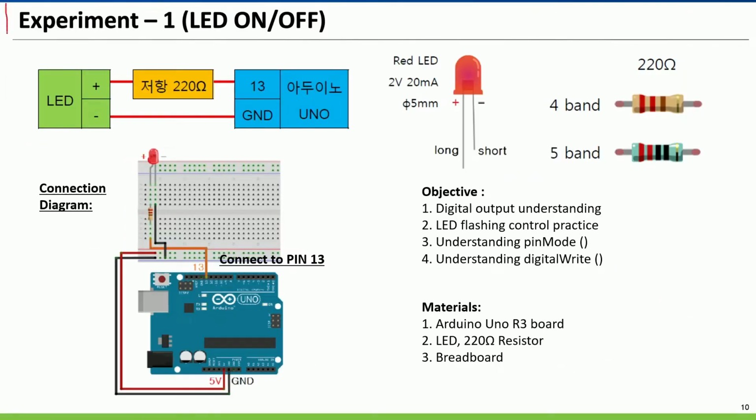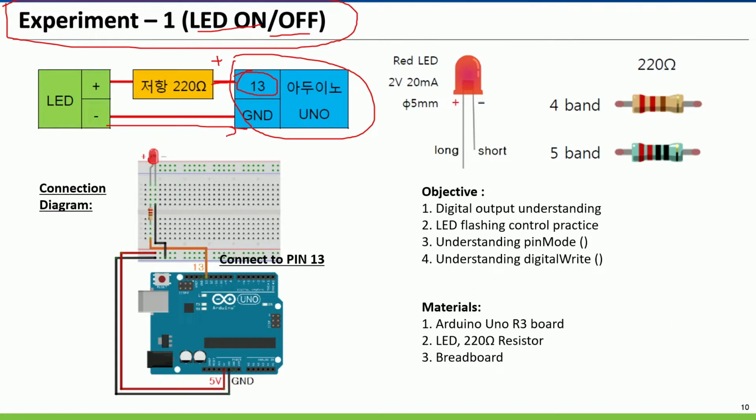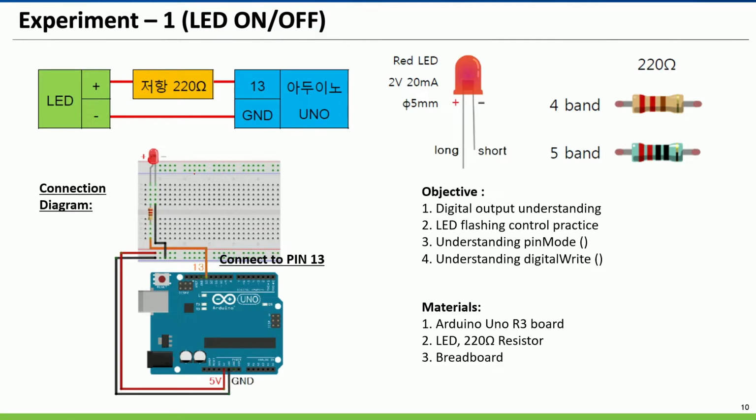And let's begin experiment 1. LED experiment 1 is just LED on and off. And this one is the LED, and this blue one is the Arduino. Connect to pin port 13, and you connect the positive part of the LED with the 220 resistor, and this other one, the ground, just connect to the ground of the Arduino Uno. This is the connection diagram, something like this. Connect with pin 13,